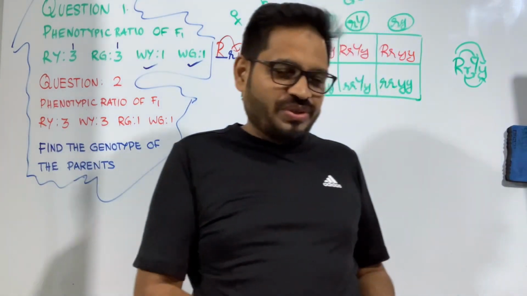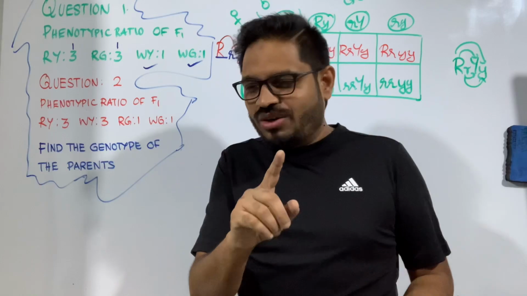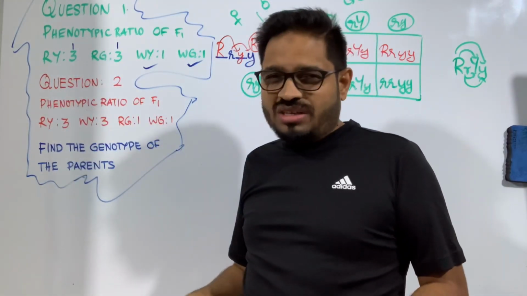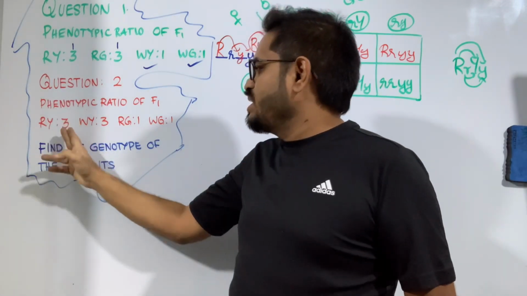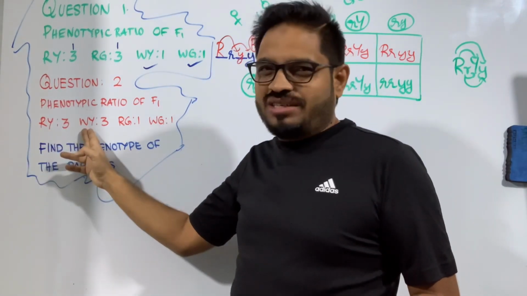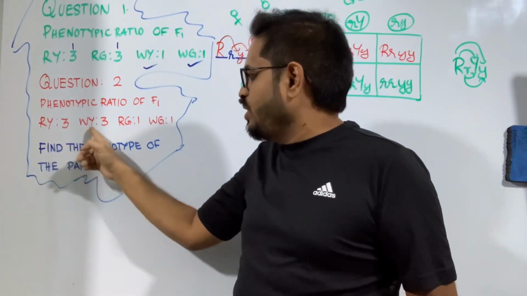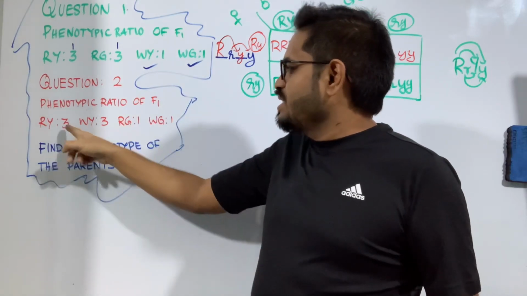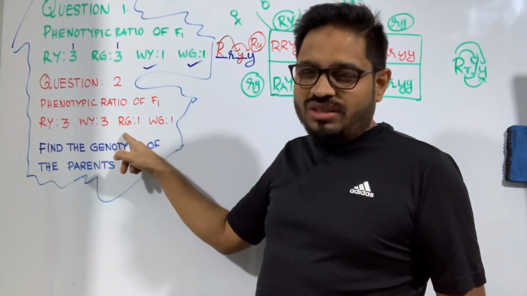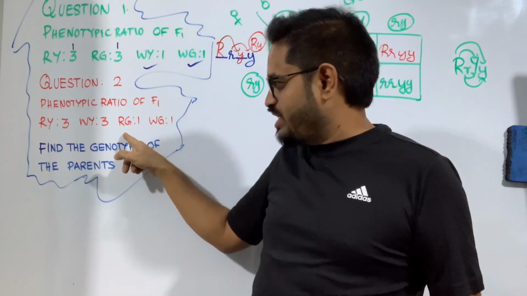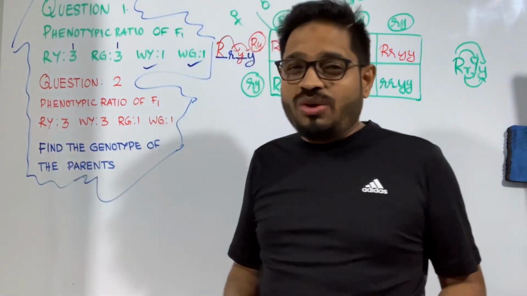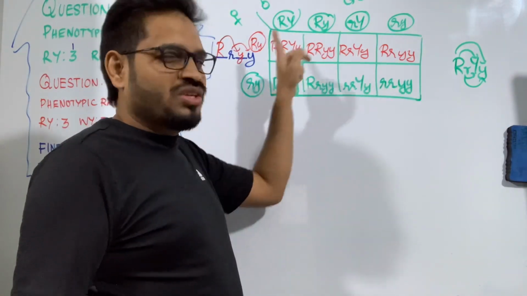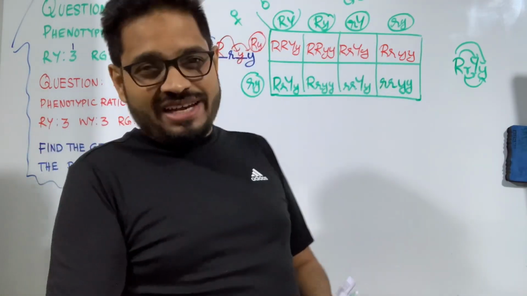Another variant of this is the question which is given here. This is a homework for you, but I'll give the clue for you. What's the clue? Look, in this one, round was repeated in the biggest number ratios. In this one, what is repeated? Round is not repeated. You must have noticed that. Yellow is repeated. The other one is as usual. So this is again a 2 cross 4, 8 offsprings question. But what is repeated? Yellow is repeated. So that is a clue, and from that clue you can just draw your checkerboard and solve the answer.